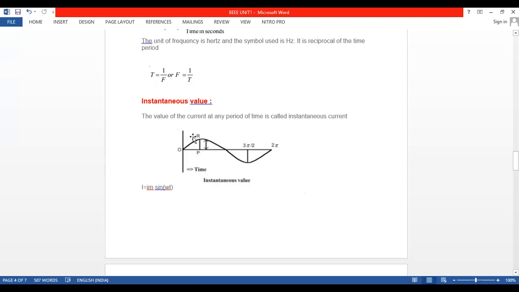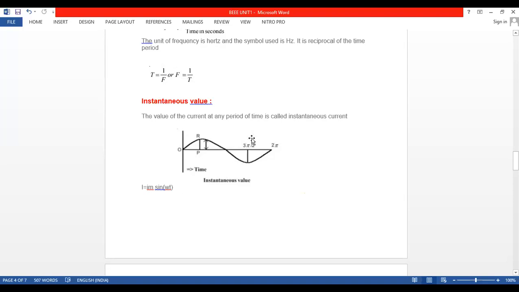So from morning to evening we are generating AC current. If somebody asks you what is the value of the current in the afternoon at 12 p.m., then you can say the value of the current at 12 p.m. exactly is called the instantaneous value at any period of time. So once you can draw the graph, the green color graph what you have drawn, you can write one line answers. The value of the current at any period of time is called instantaneous current. Now you have to remember one thing.